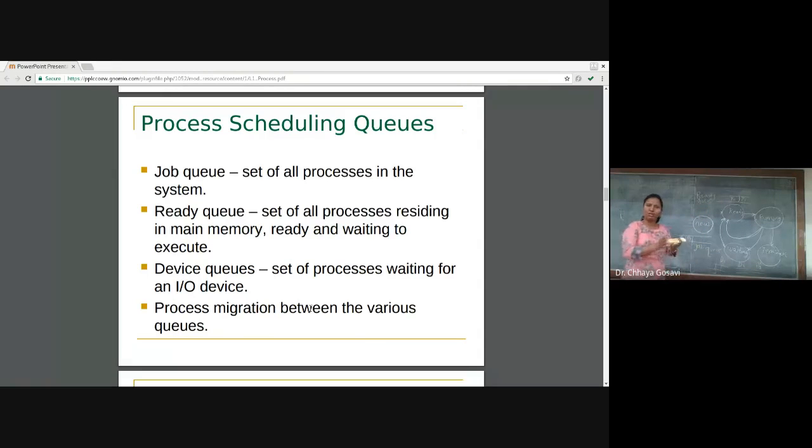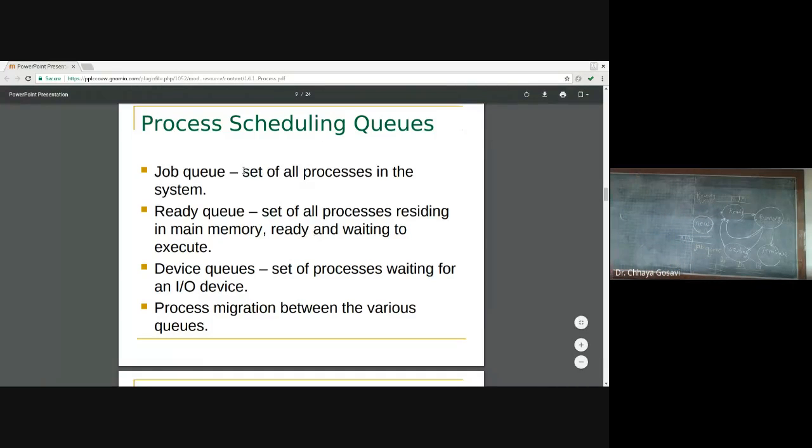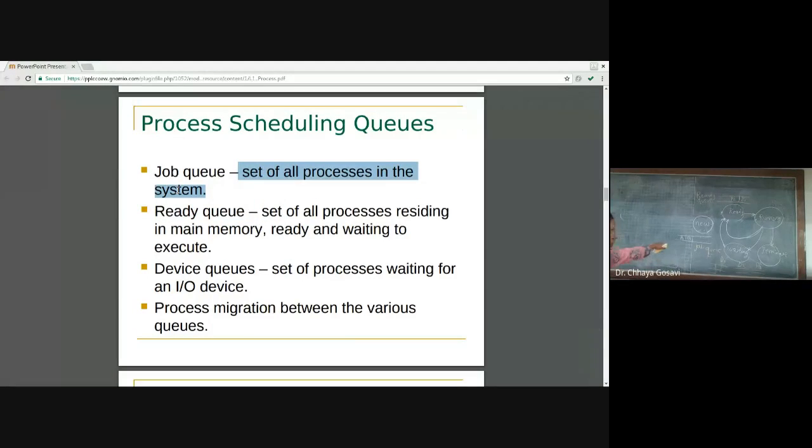Now, the queue is the actual data structure from which a process is shifted from one queue to another queue. So what is the job queue? The job queue is the set of all processes in the system. The process can be in any state, but it must be in the job queue. The ready queue is the set of all processes residing in main memory, ready and waiting for execution.